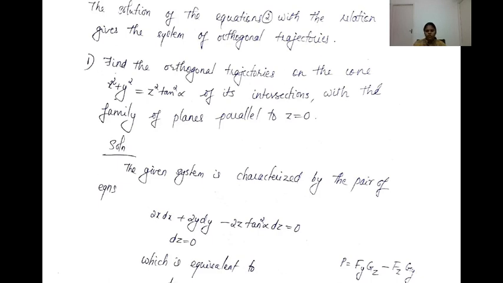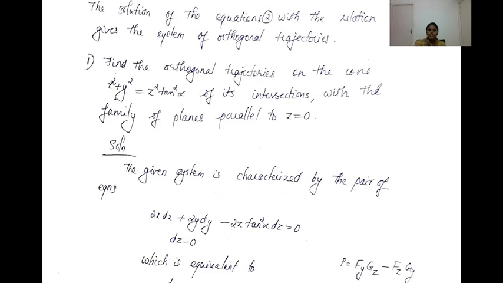Don't use an arbitrary constant there. It will denote your surface and another set of curves. So let me call it, say, some h of x y z equal to c2. So corresponding to g of x y z equal to c1, this h of x y z equal to c2 will be the orthogonal trajectory.